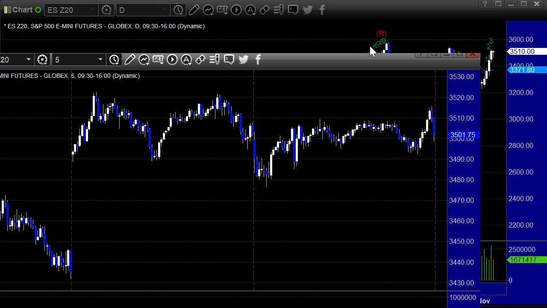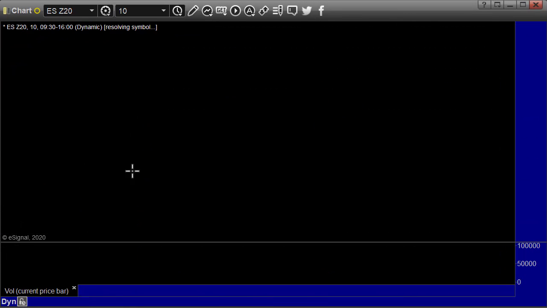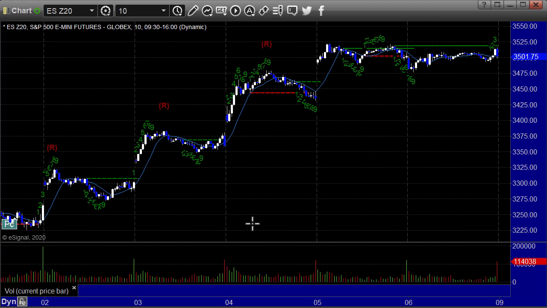All right, let's also finally take a look at the interweek action. And what we do here is we go to the 10-minute candles. So now you can see the whole week on the S&P. Again, it was up, but except for Thursday, Friday, where it was dead flat, it was a lot of gaps, right? Monday we gapped up and then closed where we started. Tuesday, gapped up and closed slightly above that.